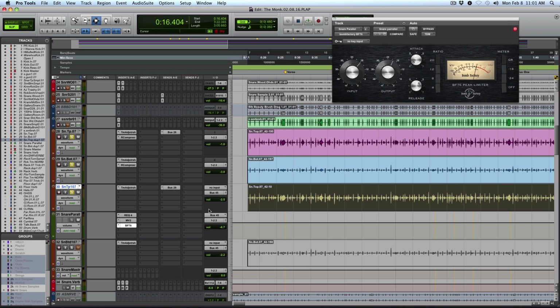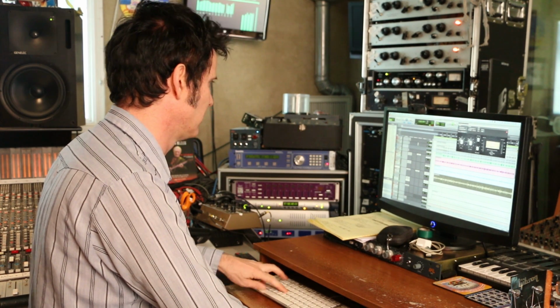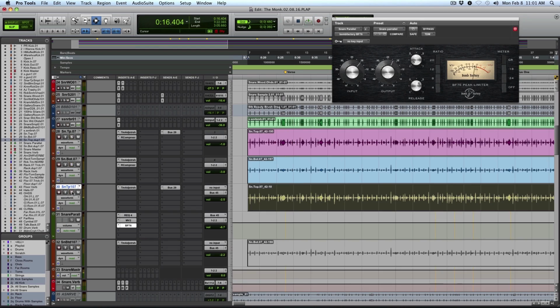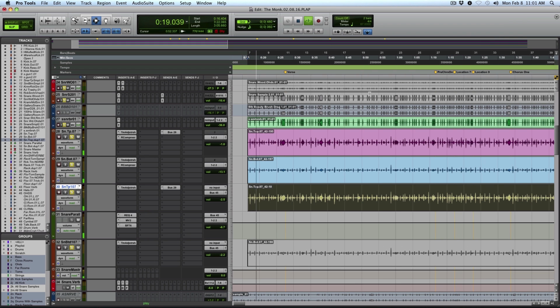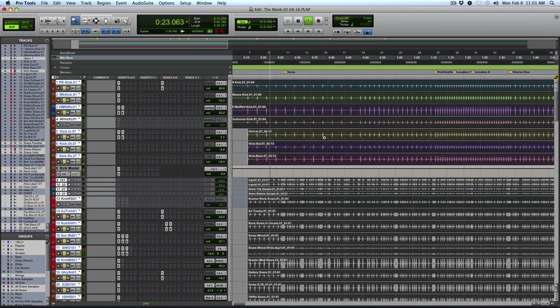And then if I don't like something, I can do really quick volume rides on this. So without it, just gives it that kind of mid-rangey compression. So here's the whole kit together. And then with the kick,